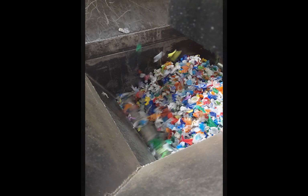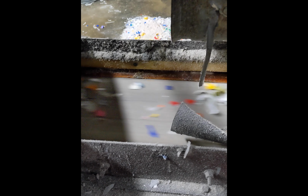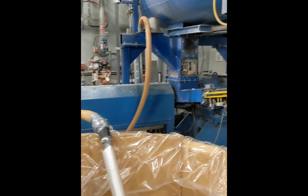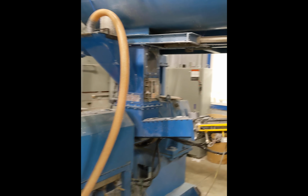After shredding, the bottle caps were dropped into a granulator to be chopped up into tiny pieces. You might think this was the last step for the bottle caps, but there is one more. They needed to be pelletized or reformed into small pellets. To do this, a big vacuum sucked up the ground bottle caps and melted them all together and then cut